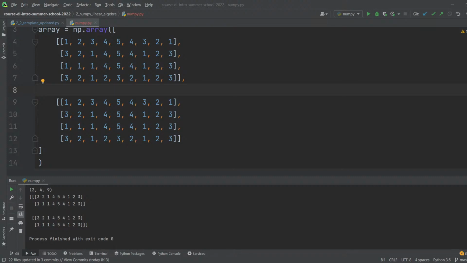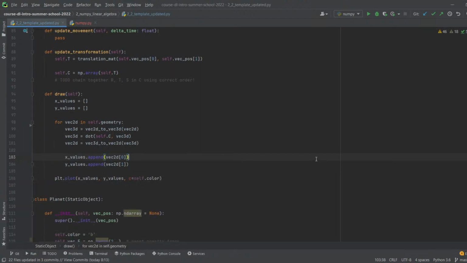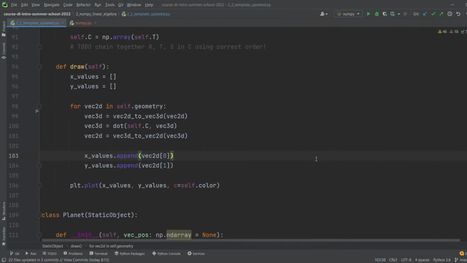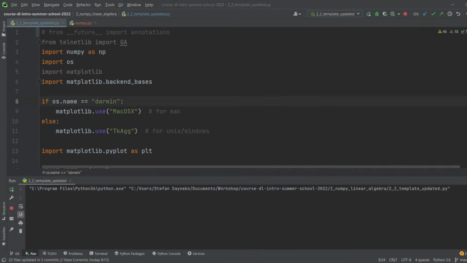Open it and try to run. We have... so if you run, try to run it. If you run, you will see